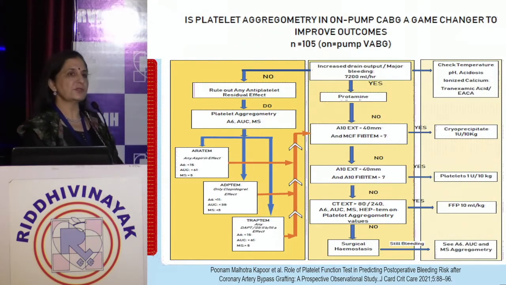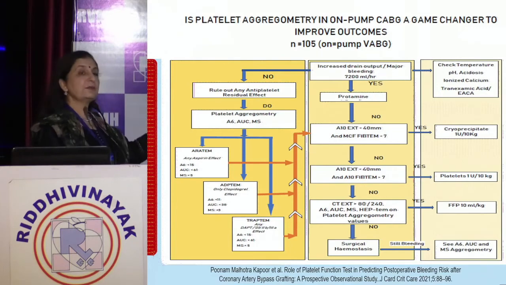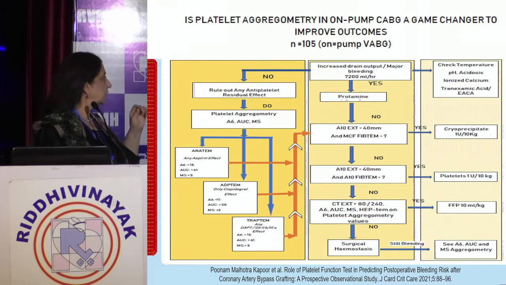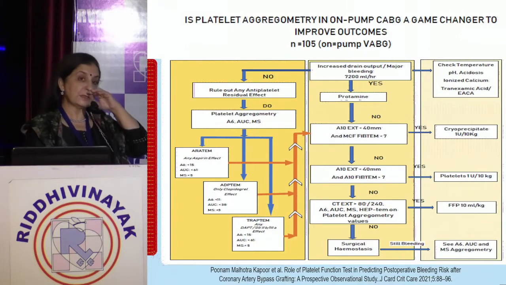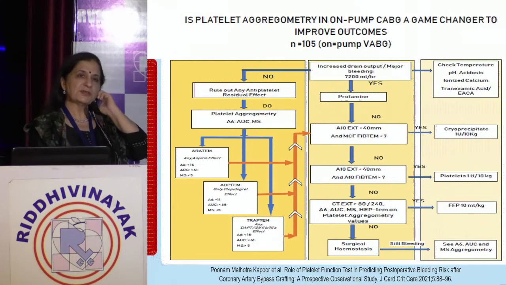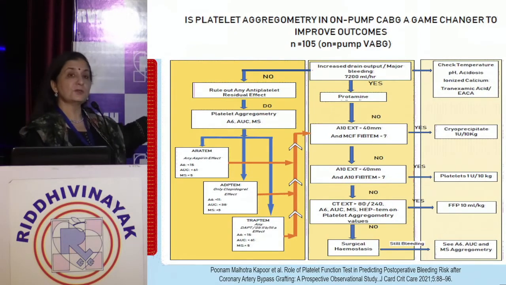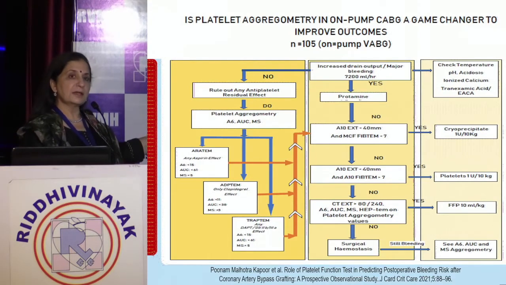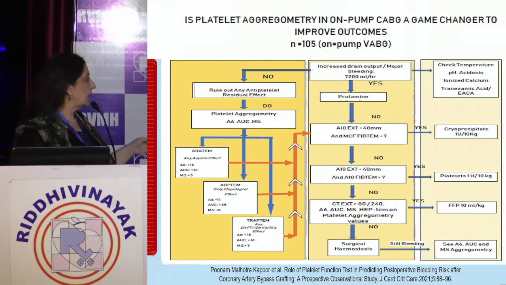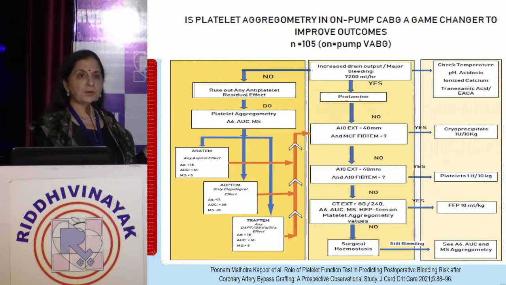This is our latest study, which has just been published in 2022. We use platelet function tests. We saw the area under the curve. We saw the ARATEM, ADP-TEM, and TRAP-TEM. What are these? These are reagents to assess the aspirin effect, and we did this on CABG patients. So 100 CABG patients, 6 of them went on ECMO, and in these 6, we did arachidonic acid to neutralize the effect of aspirin, added ADP-TEM to neutralize the adenosine diphosphate pathway for clopidogrel, and TRAP-TEM for any GP 2B3A and dual antiplatelet drugs,